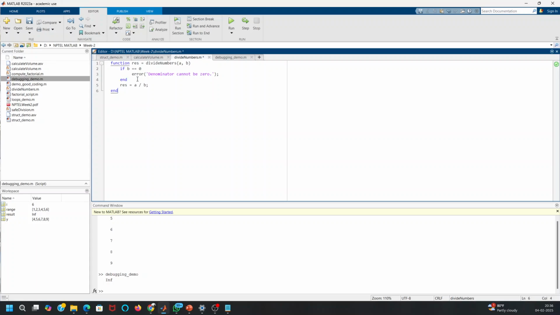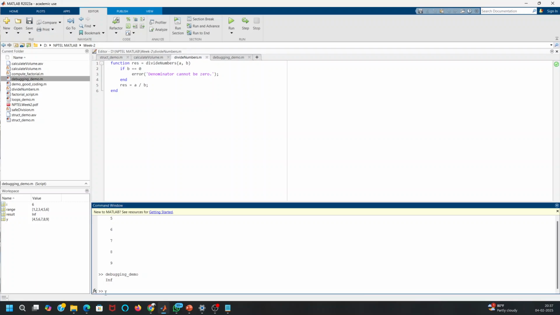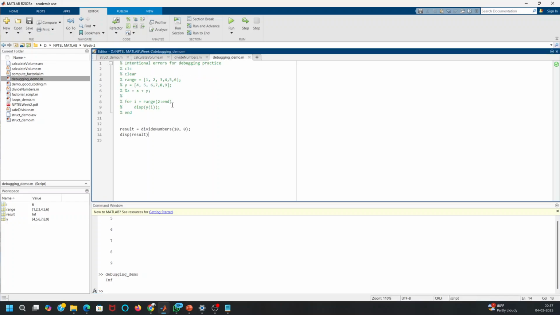If I'm using the if condition here, which says if b is equal to 0, I am telling MATLAB to throw this error, "denominator cannot be equal to 0," and it will be displayed in my command line. Then I can go and rectify the input values here. Let's say now if I run this,